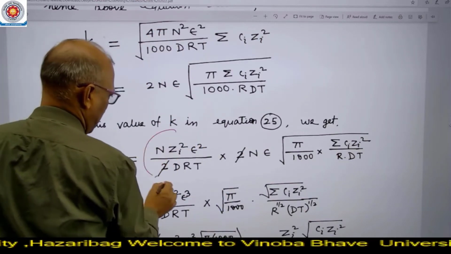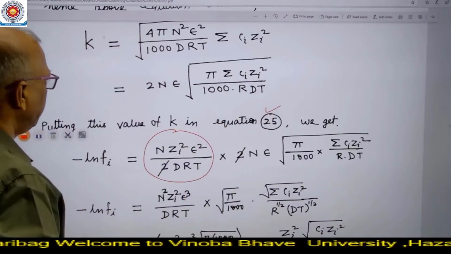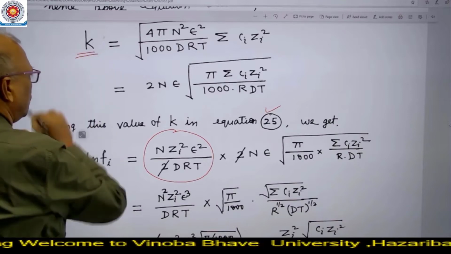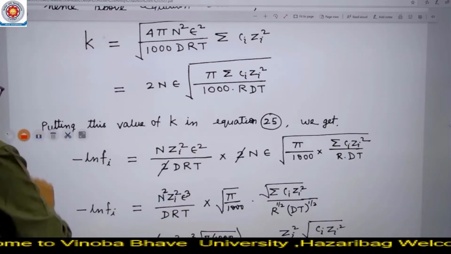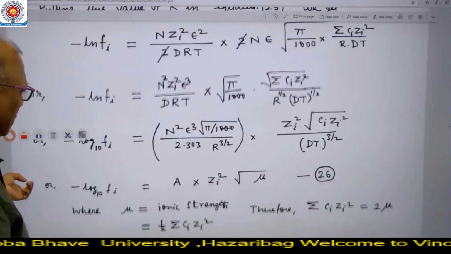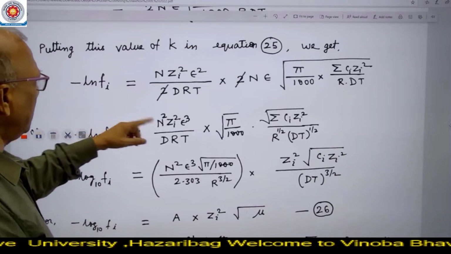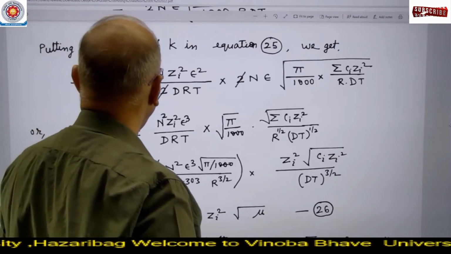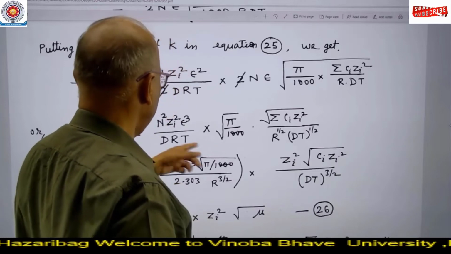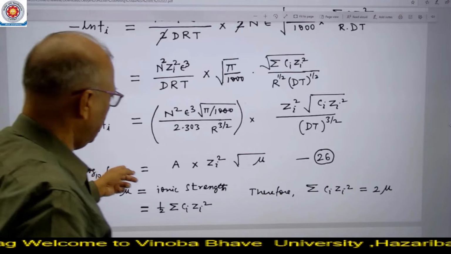This is the rest part of equation 25. The rest part of equation 25 is the same, only we have put the value of K. And now if we simplify this equation, then we get this type of equation where fi is the activity coefficient, and on simplification we will finally get this type of equation,